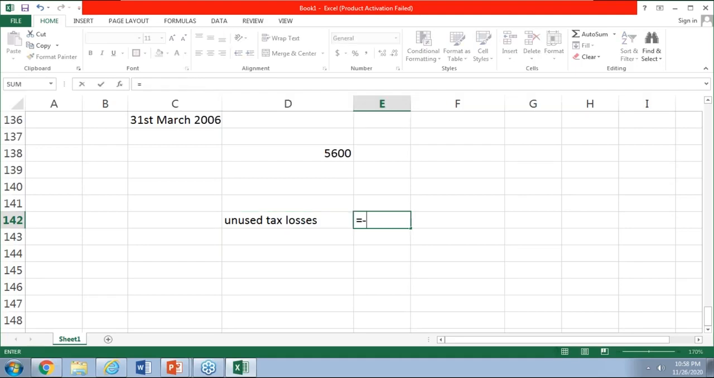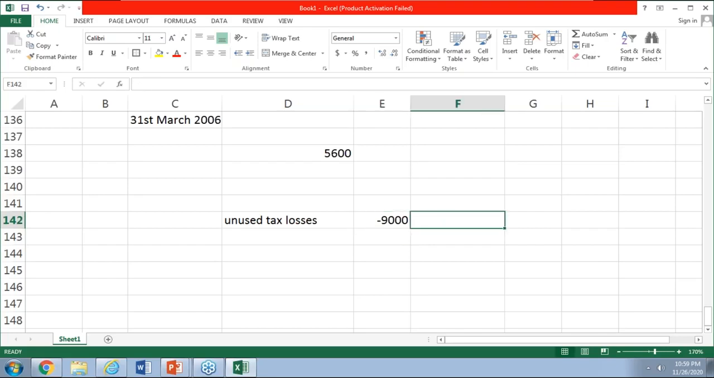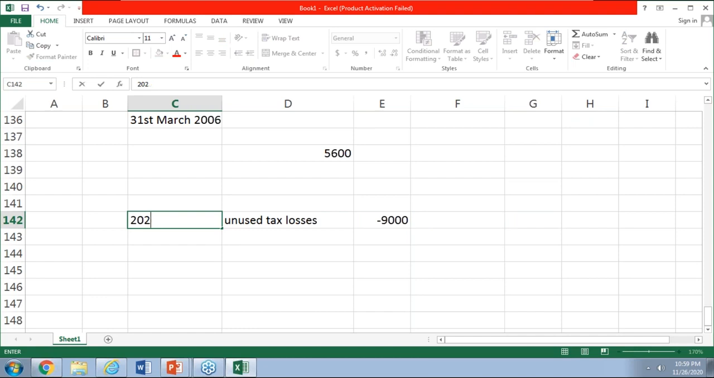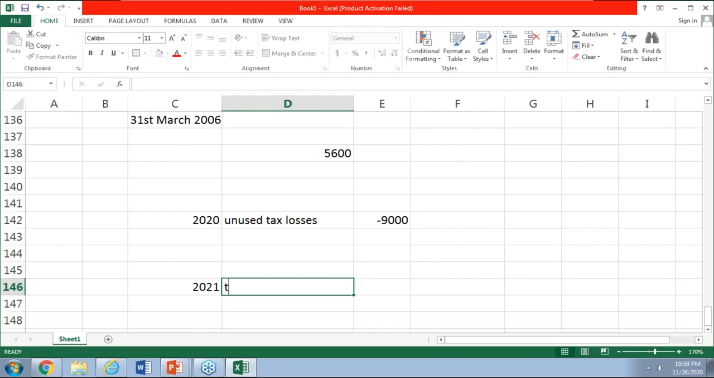Suppose in the current year we have suffered a loss of 9,000. Remember this point that the tax will be paid to the government when the company has earned a profit. So when we have losses, then there will be no taxes. But the taxation authorities allow you to defer these losses for the future. So suppose it's 2020. Because of COVID and other things, we have suffered a tax loss of 9,000. Assuming in 2021, we have earned a taxable income